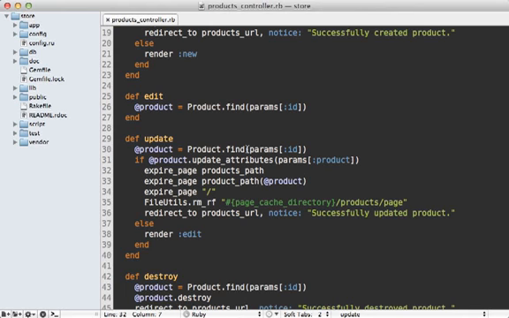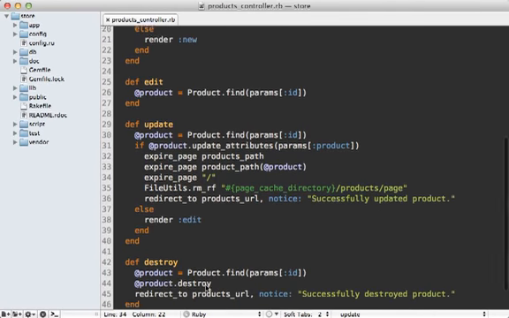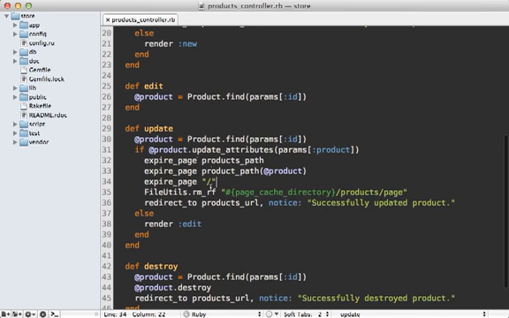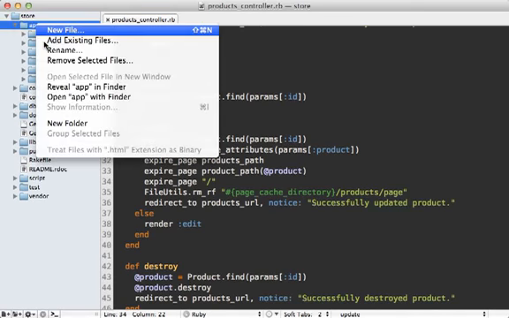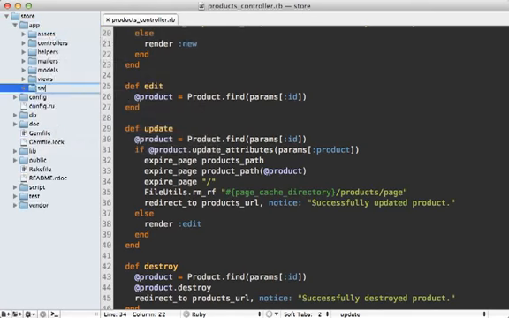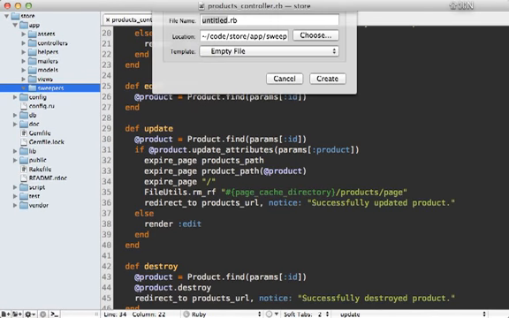giving the proper name for the product that was updated. Now we also need to flush this cache in the create and destroy actions because those change the product as well. But instead of scattering all these same lines throughout the controller, it's better to move this off into what's called a sweeper. It'll be a lot cleaner. So I like to place sweepers inside of the app directory, make a new folder here called sweepers, like that,